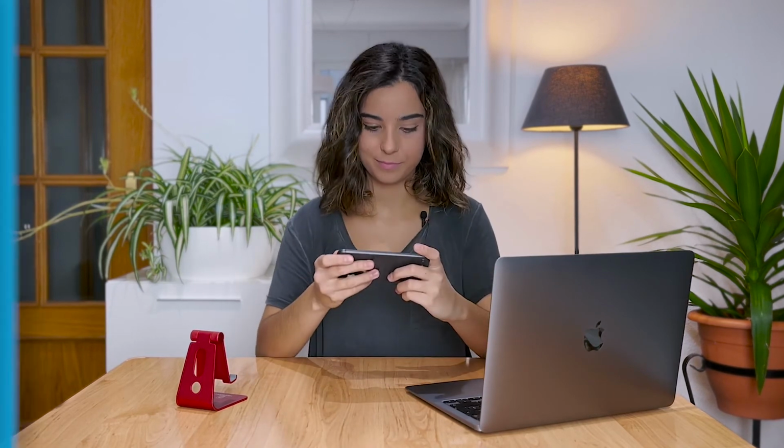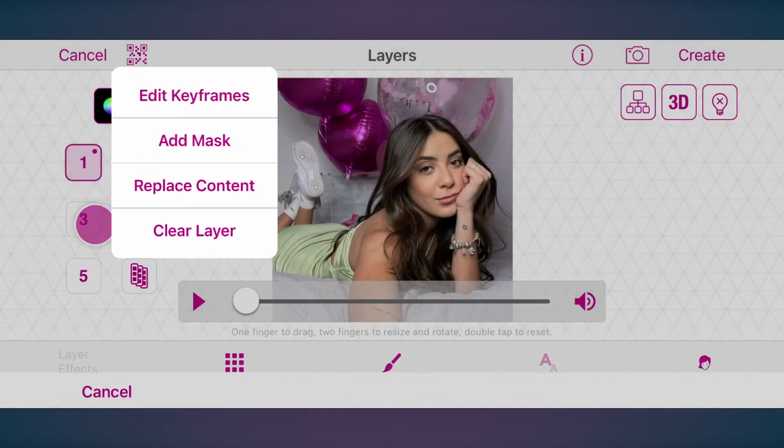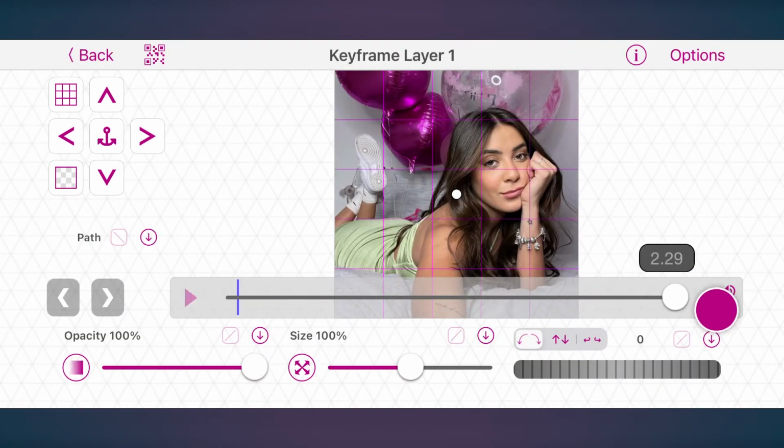Did you follow that first part of the lesson? Now let's take a look at how you can make a slide down shake transition. Go to multi-layer for the first clip. Make the transition in the last 9 frames of the scene.